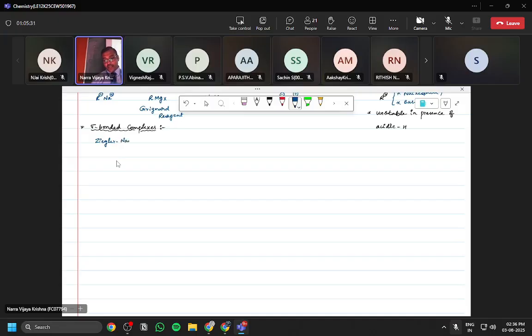What is Ziegler-Natta catalyst? Trialkyl aluminum and titanium tetrachloride. It is used for polymerization of ethene: ethene undergoes polymerization in the presence of Ziegler-Natta catalyst to form